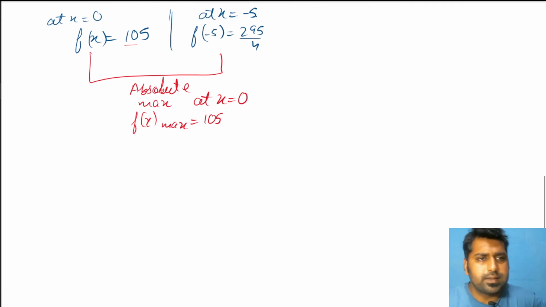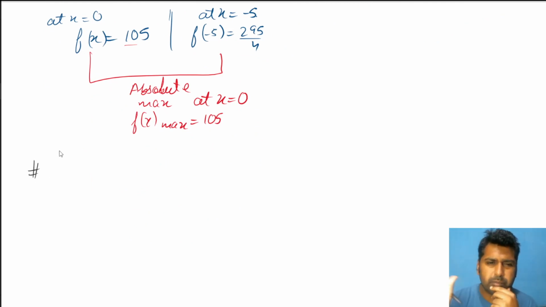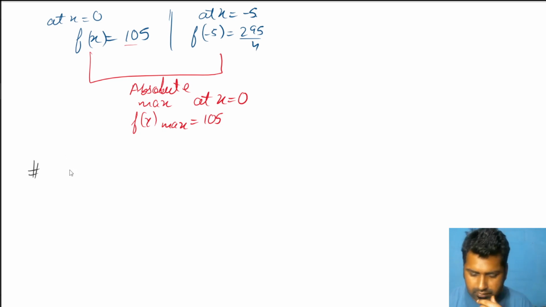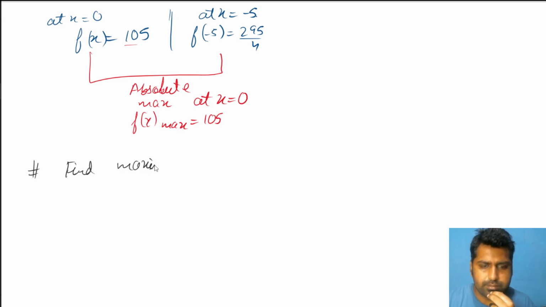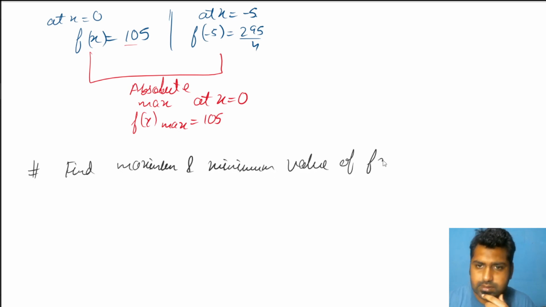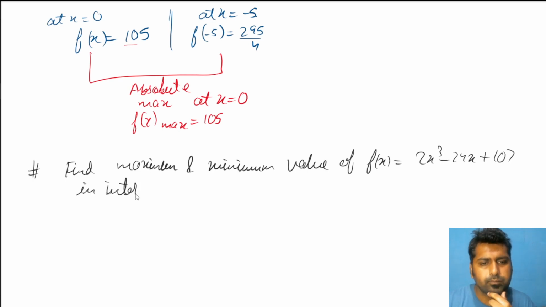Sometimes the question comes like this. They give you an interval in which you have to find maxima or minima in some particular interval. Okay. So the question is like this. Same idea. Find maximum and minimum value of f(x) = 2x cube minus 24x plus 107 in interval 1 to 3,